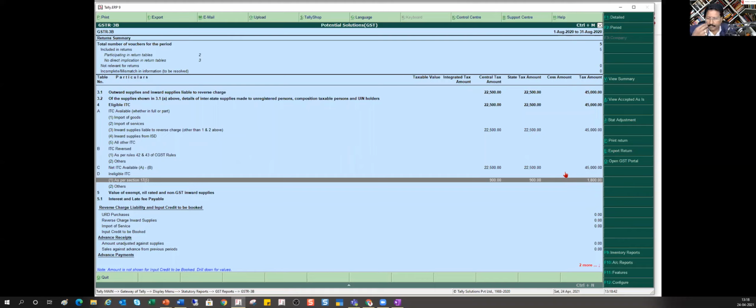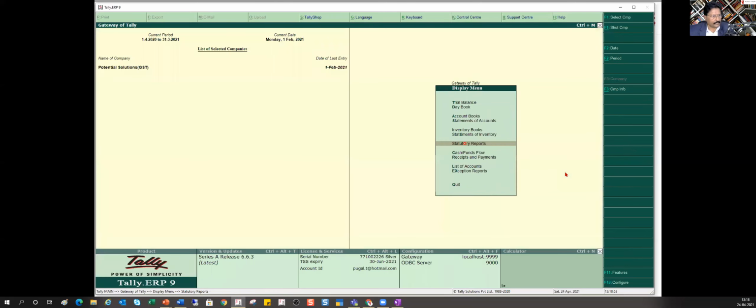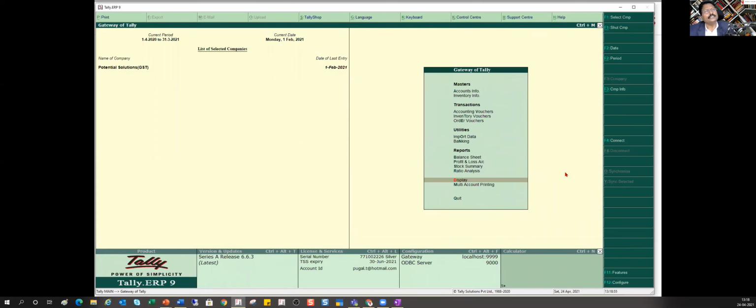The next one is RCM in case of outward supply. So RCM outward supply. Again, I have done one entry here.